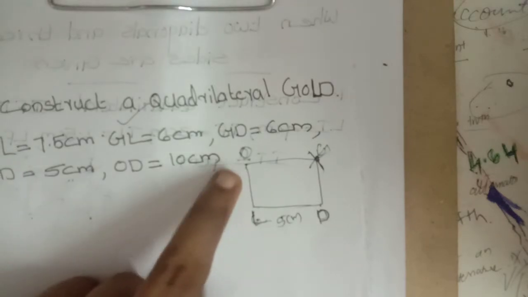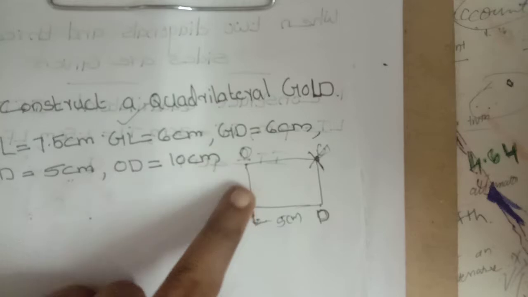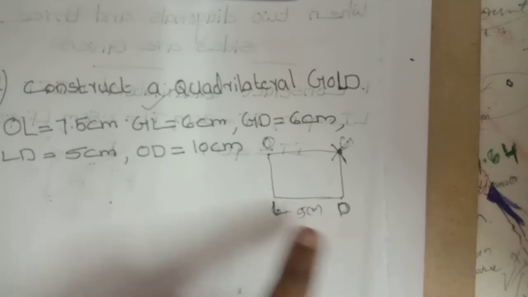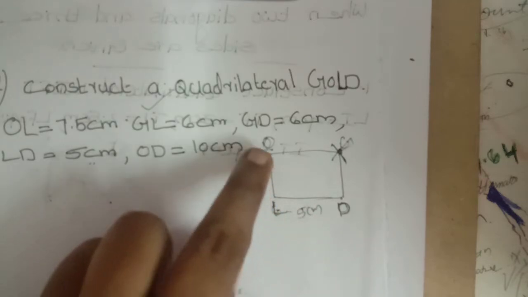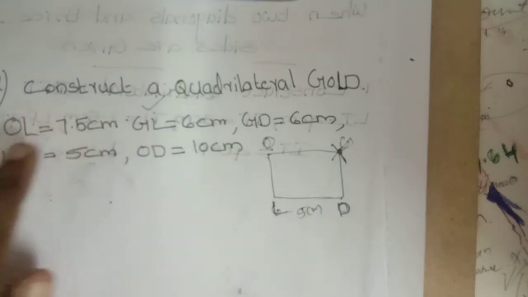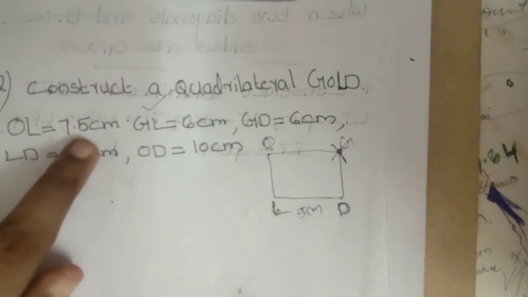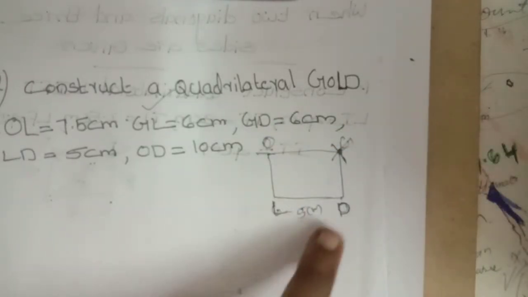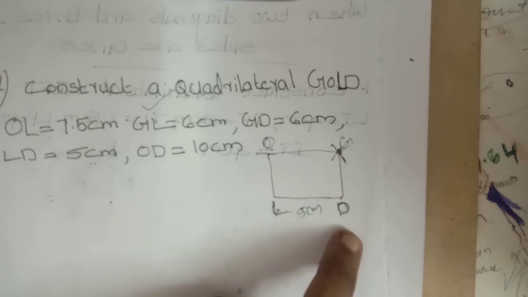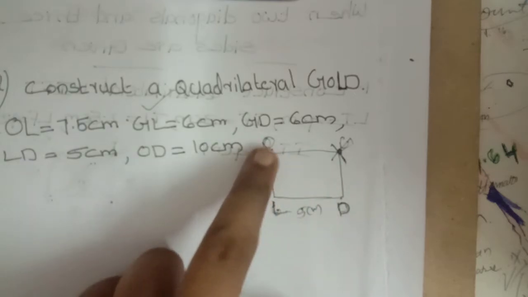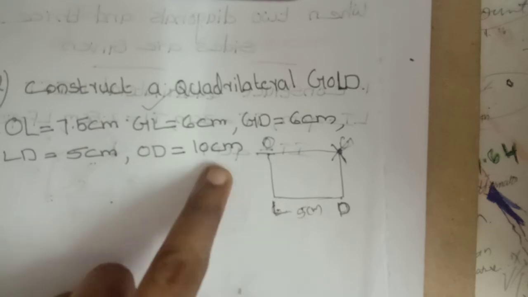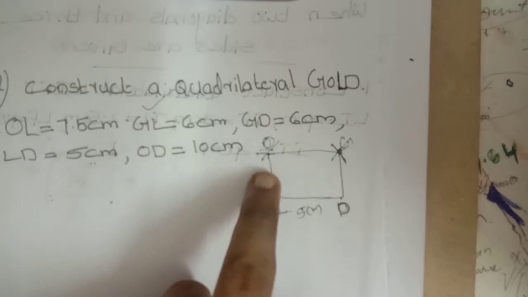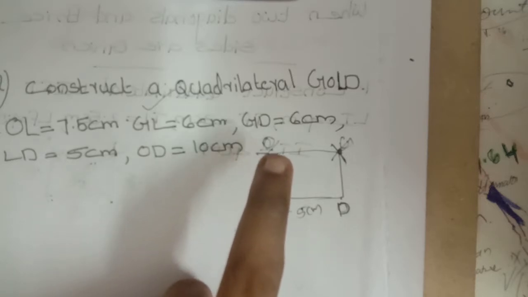Next we need the O point construction. How to construct the O point? The baseline alphabets are L and D. Is the L and O value there or not? Once we check, yes, the OL value is there. How much? 7.5. So take 7.5 centimeters and draw the first arc. Then the second baseline alphabet is D. Is the D and O measurement there or not? Yes, OD is 10 centimeters. So take 10 centimeters, D as center, draw the second arc. Mark the intersecting point of both arcs with the required alphabet